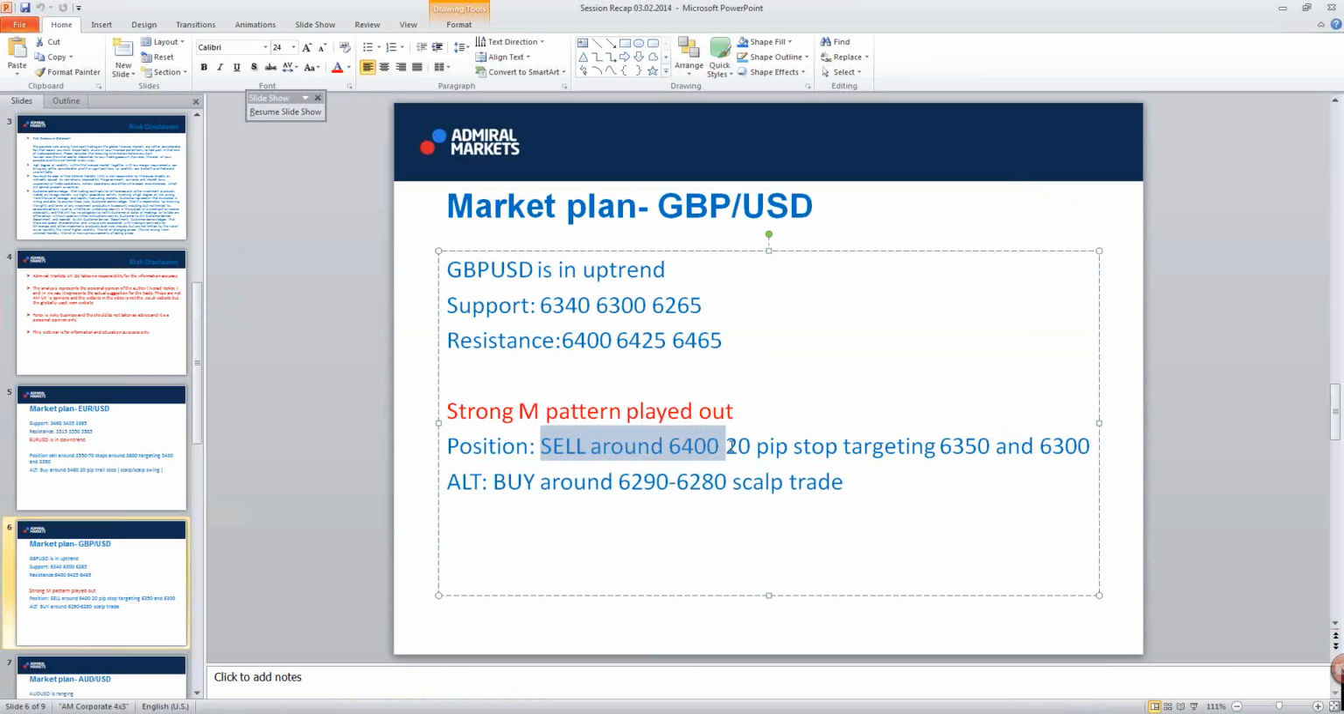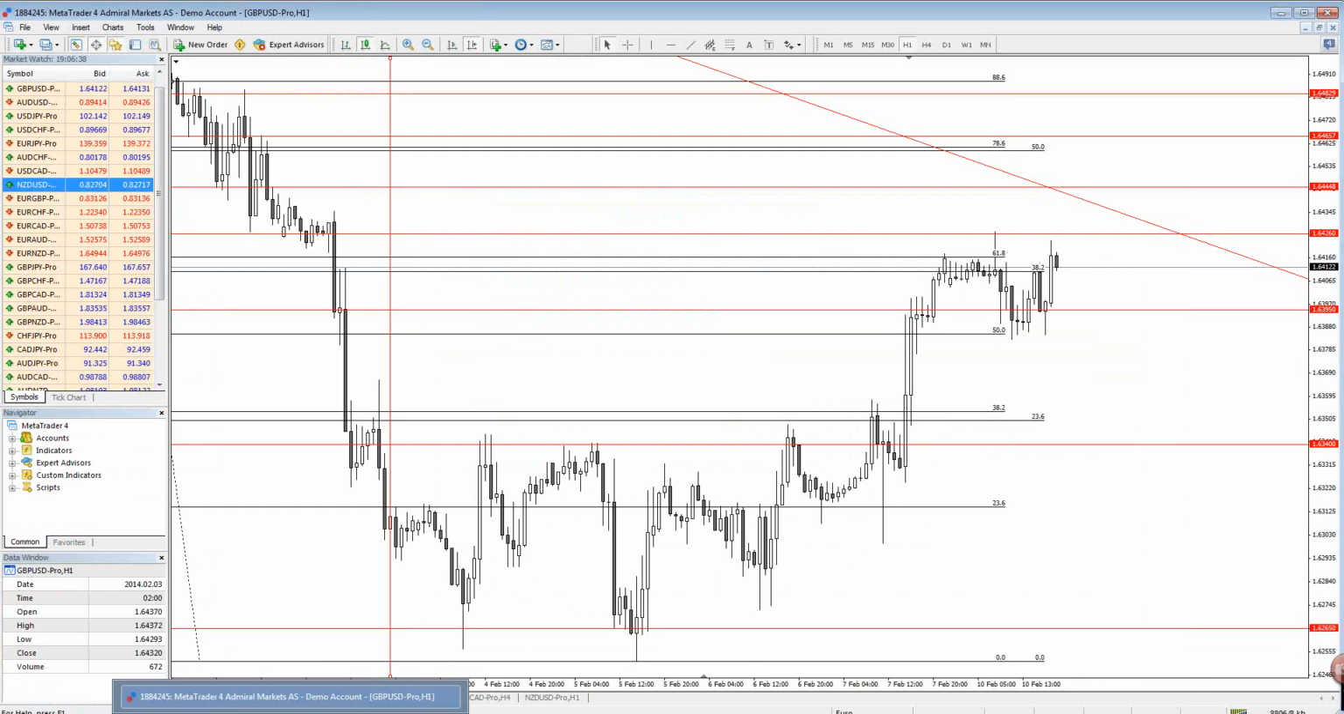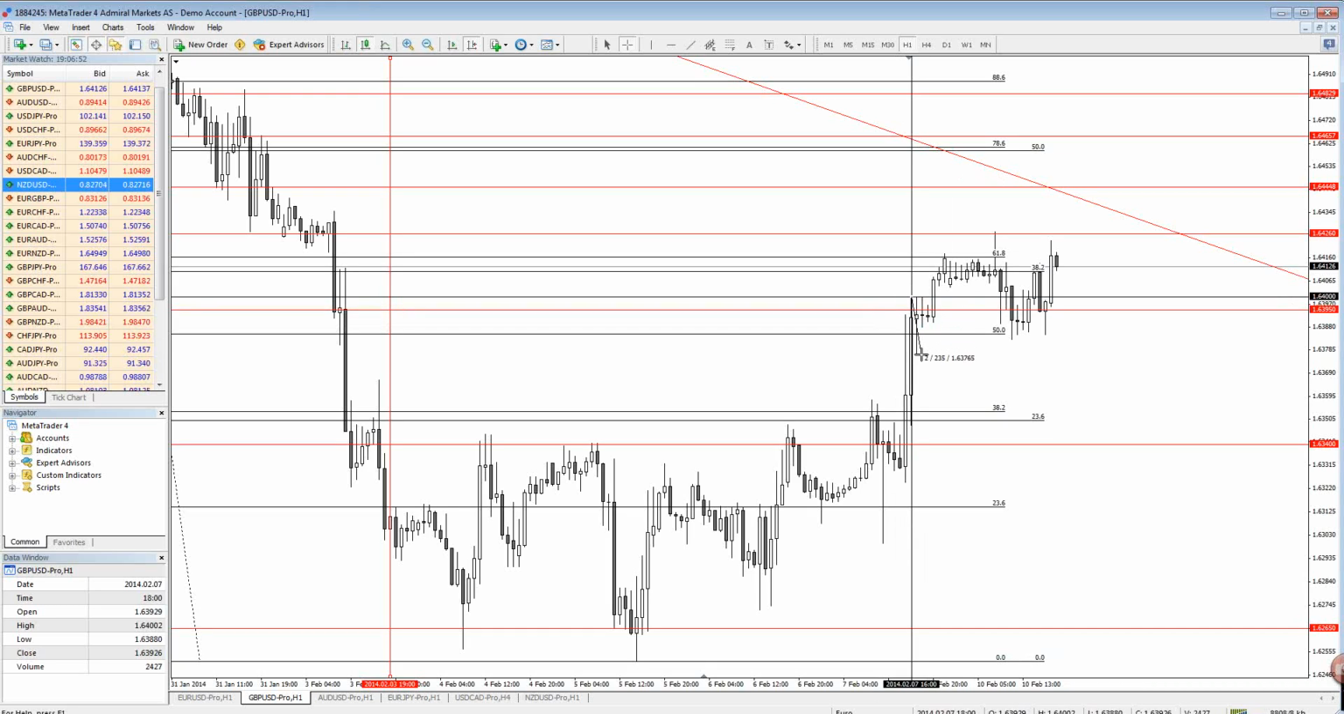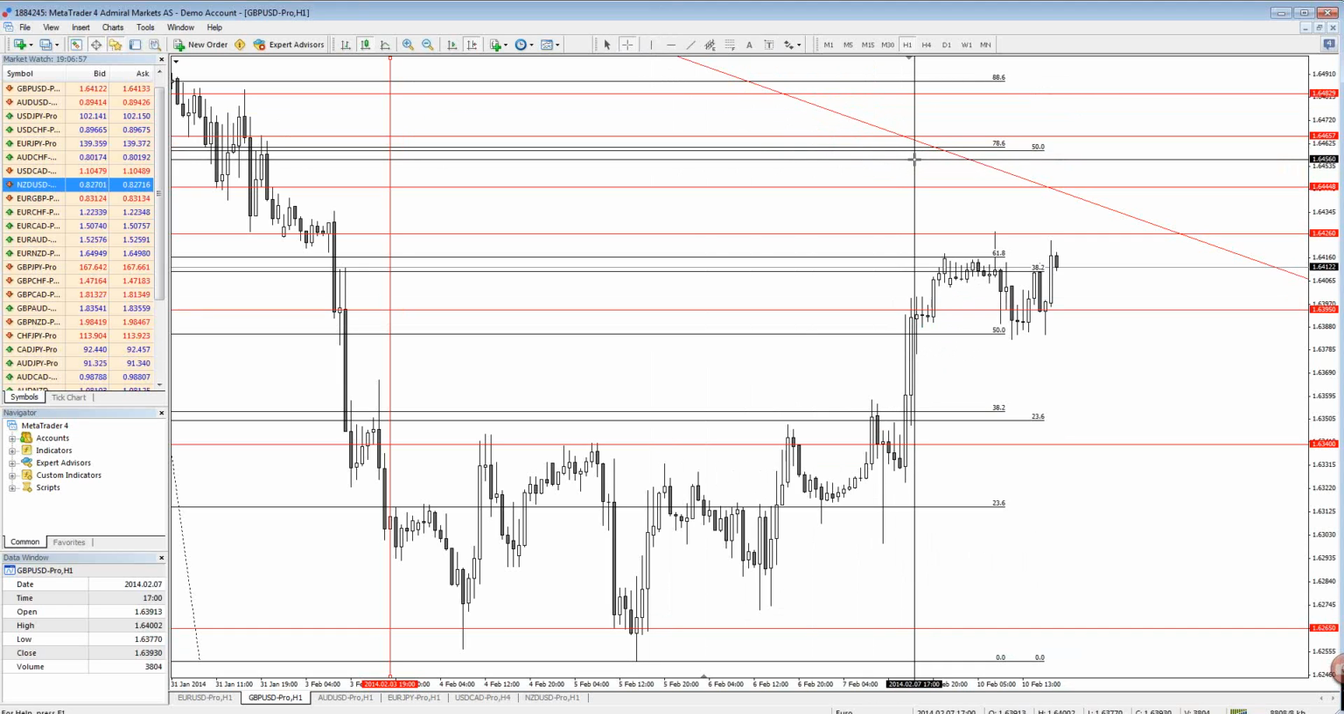This sell around 64, I cannot say it was qualified, although it was good if you pay attention to this, because this is where the price was at this point. So it was actually 64.00, and it was good for 23 pips, but the trade wasn't qualified just because it was at the 7th